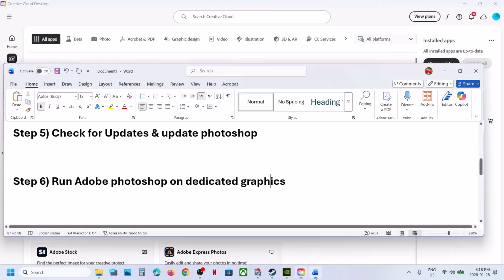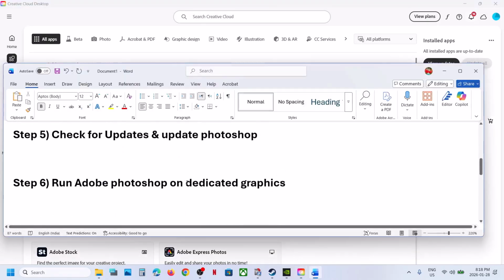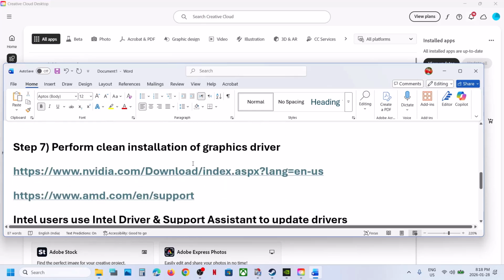Still not working. The next step is, if you have a desktop, you can make sure that you connect your HDMI or display cable to the dedicated graphic card slot, not the motherboard slot, if your computer has a dual graphic card. Next step is to run the game